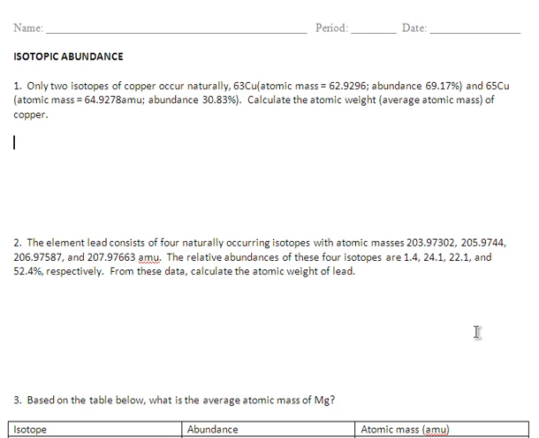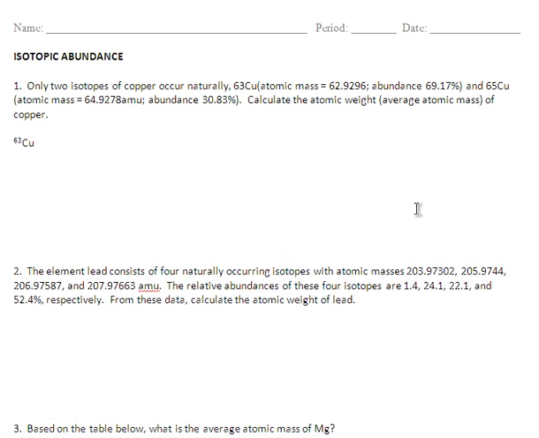So, let's begin. First off, we're looking at two different types of copper. We have copper 63, which I am writing out the symbol for. And then we also have copper 65, which I'm writing out the symbol for. All right, the given information tells you that the very precise mass for this copper is 62.9296. And then it says it has an abundance of